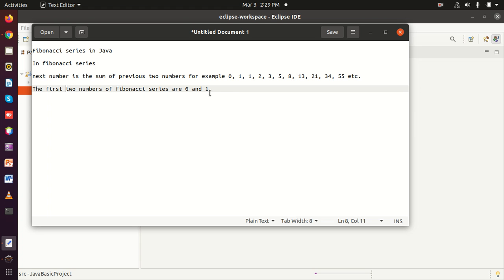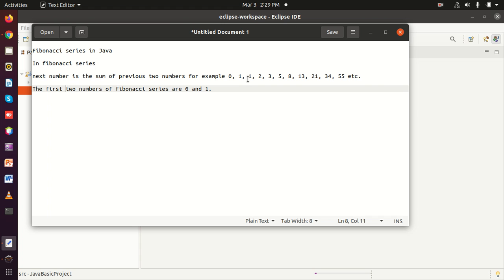So the first two numbers are 0, 1, and the next number here, 1, is the summation of the previous two numbers 0 and 1. 0 plus 1 equal to 1.